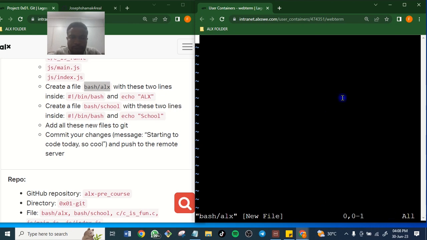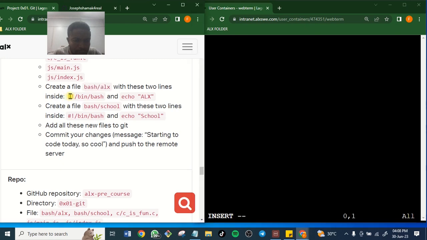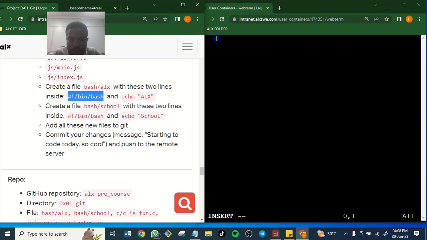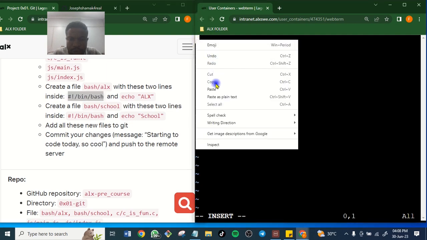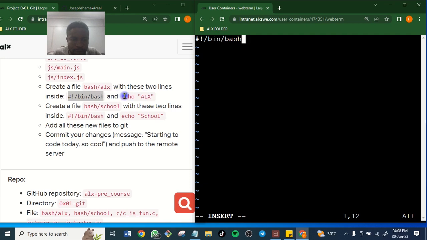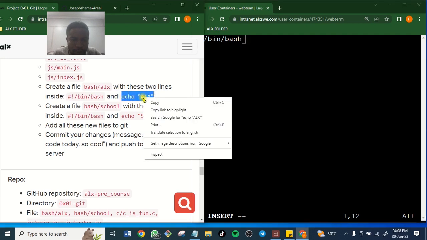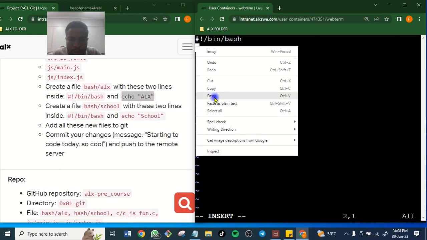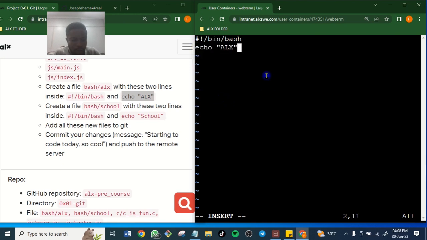I want to recreate it. .alx. Let me go in. Let me just copy to save myself the stress and time. I'm already in this insert mode. Paste. Copy. Paste. Let me go out.